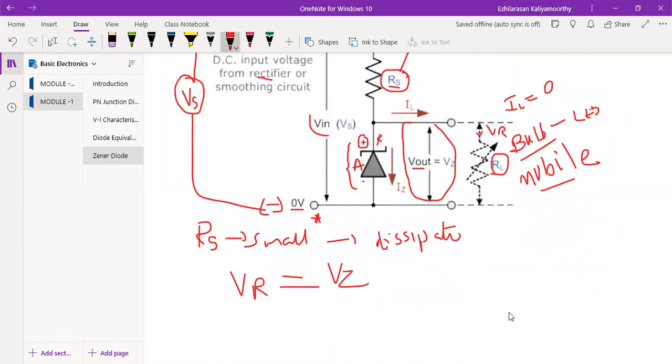Then there is a minimum Zener current for which the stabilization of the voltage is effective, and the Zener current must stay above this, operating under load within its breakdown region at all times. So from this we can say the supply voltage Vs must be greater than Vz. That is very, very important.